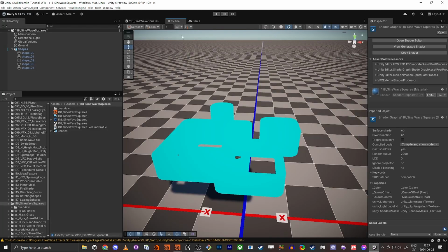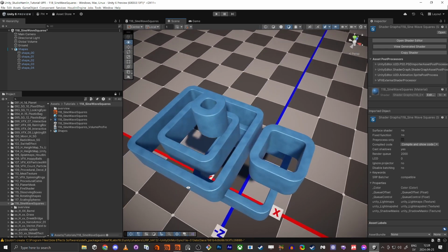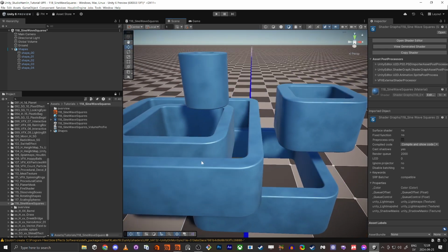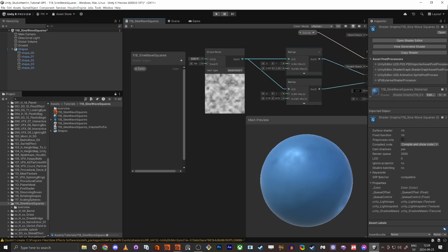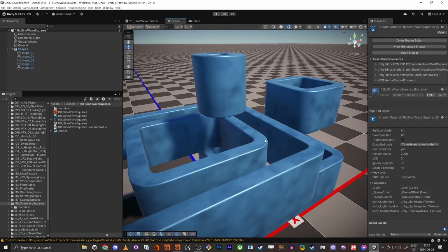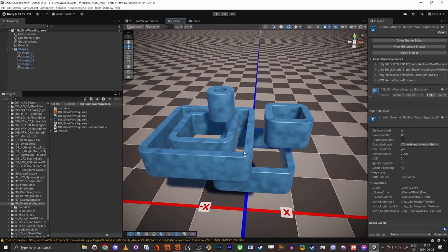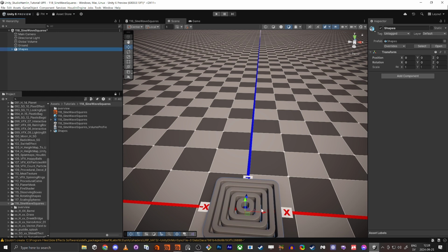And now back in the scene, you see now we have this one here. And we can change the parameters. Yeah, maybe we want a little bit more shiny. So I'm going to crank it up a little bit more. So it's a little bit more shiny. Super nice. So yeah, you can tweak it as you want. I'm just going to delete it and put it one more time. So we have it